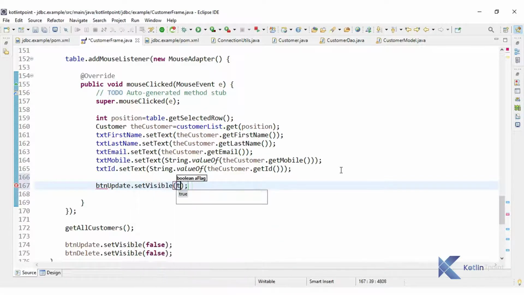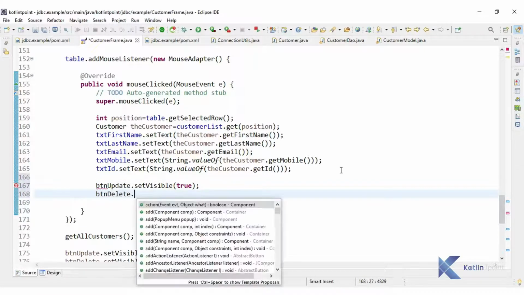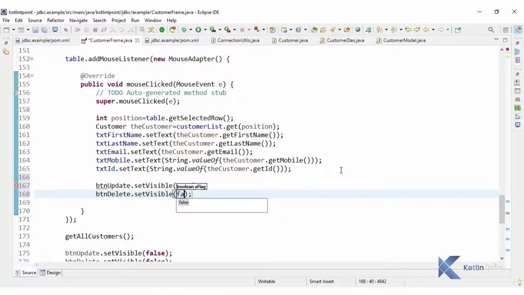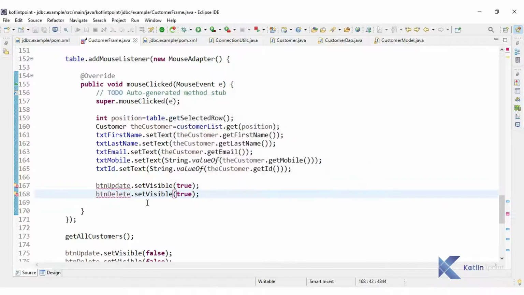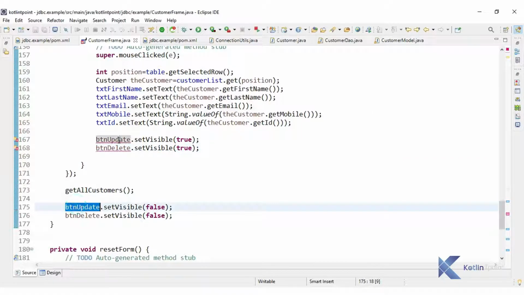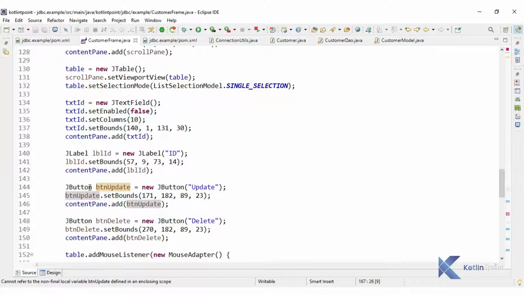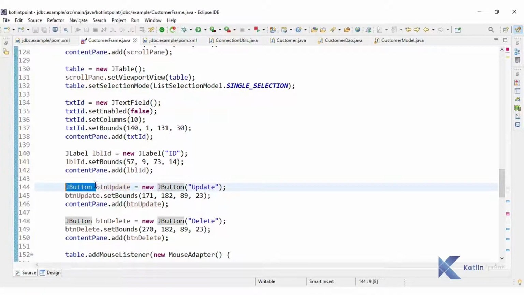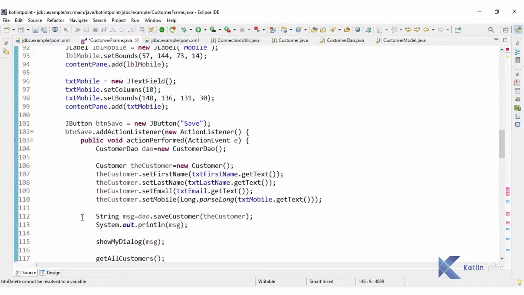So set visible true, and button delete dot set visible true. Okay, so let's run and check this output. Okay, button update and button delete we are not getting because they are declared privately inside. So let me make them global, right?